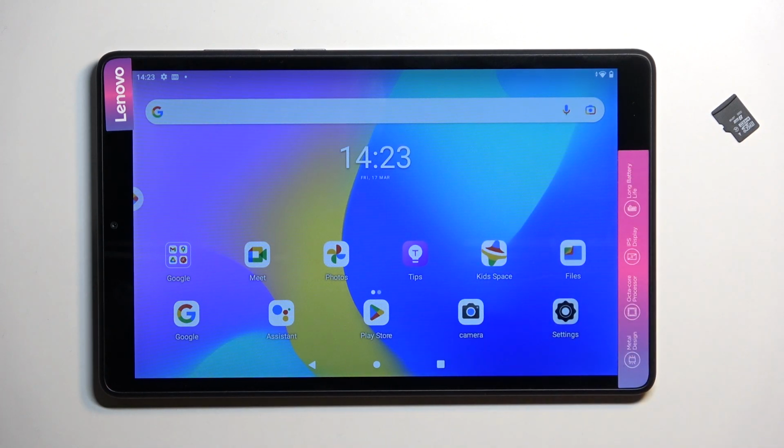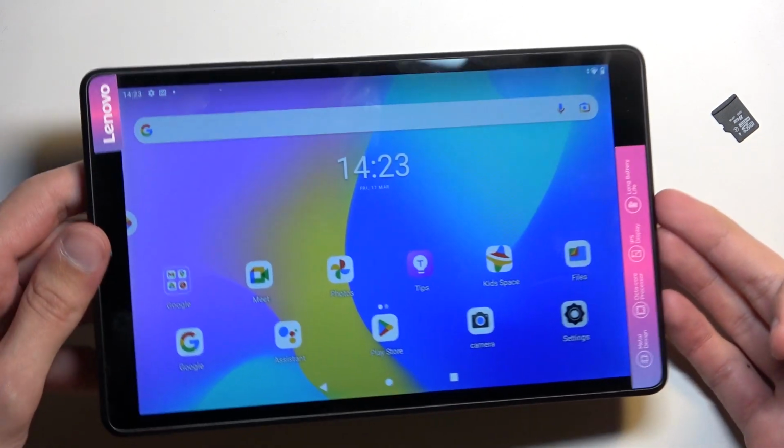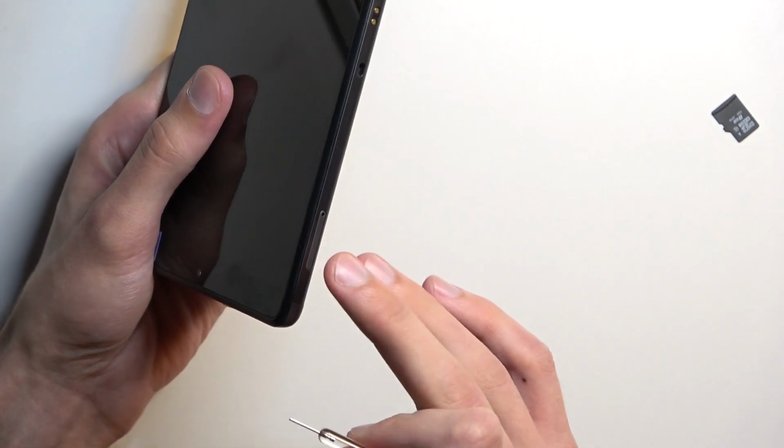with the device in the box, but if you can't find it, you could use a paper clip, straighten out one of the ends and it should work just as well. Now once you have either one of those, you want to pop out the tray, which is located at the bottom of the phone, or well, if you're holding it like this, it's going to be on the top left side. So